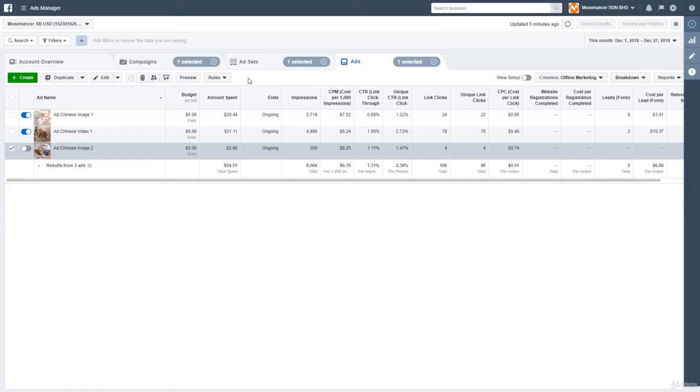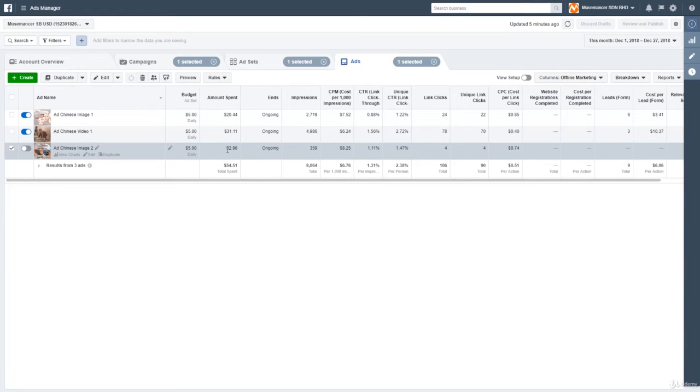So how do you know which one's the winning ad and losing ad? Now there's no clear-cut way, but there are a few indications I look at strongly. Number 1, when this was running for almost a week, we noticed that even though there were only 3 ads to rotate, most of the spending went into the first image and still in the Chinese video, but by virtue of the fact that this has been running much earlier, that's why the ad spend was higher. But you notice Chinese image 2 was spending only $2.96. Now this is Facebook's way of telling you that it has a preference of running the other 2